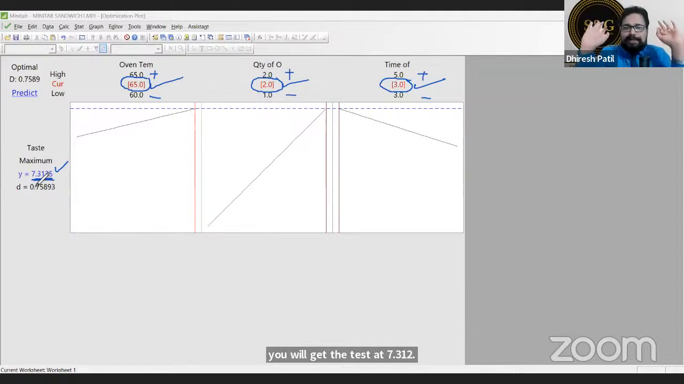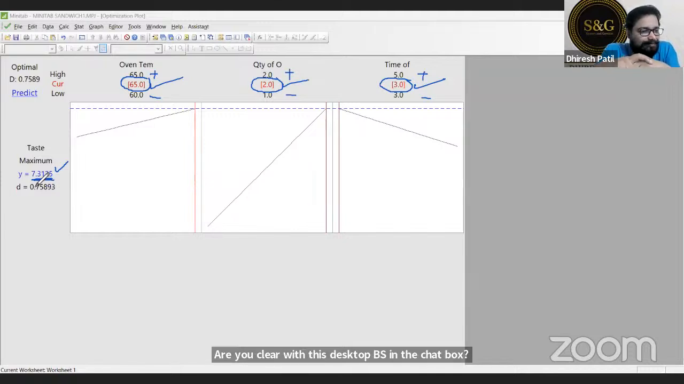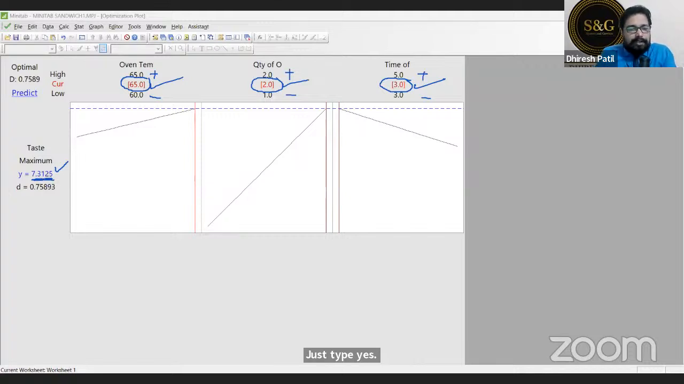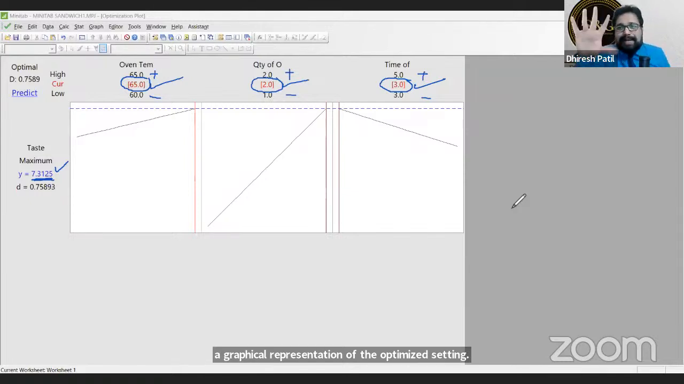Are you clear with this? Just type yes in the chat box. Yes, are you clear? Yeah, so what is the optimizer? This is a graphical representation of the optimized setting. And this is a 2D diagram, a two-dimensional diagram. Okay. Now in this two-dimensional diagram, what we have done is